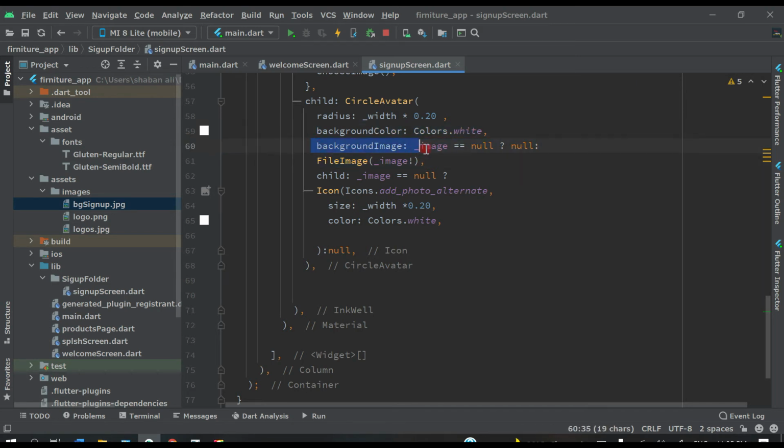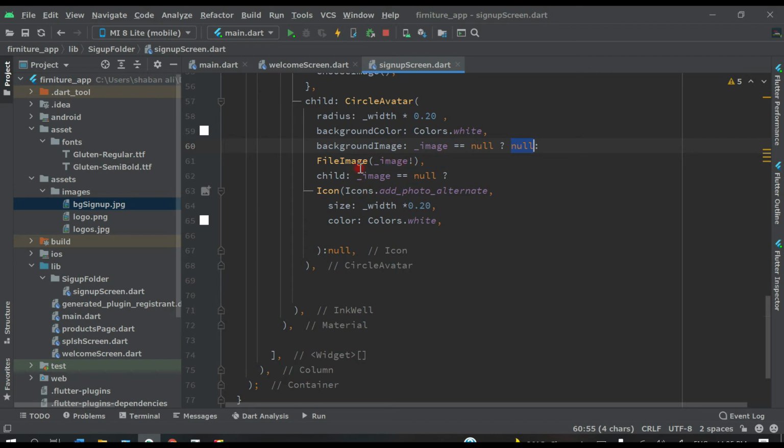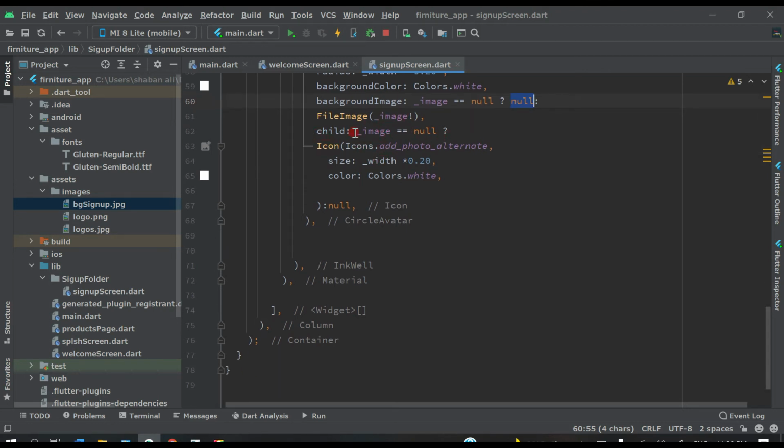If image is equal to null, it will display nothing. Else we will display the file image which the user has chosen from his or her phone. Then after that we have child image.